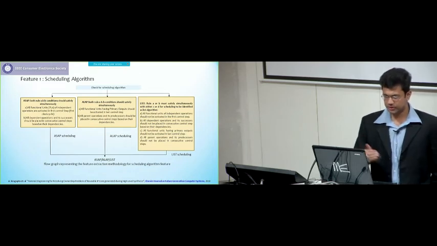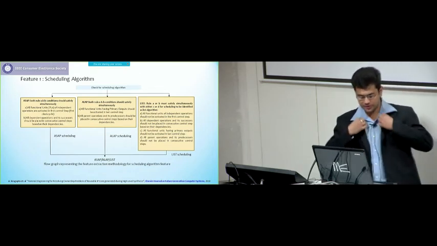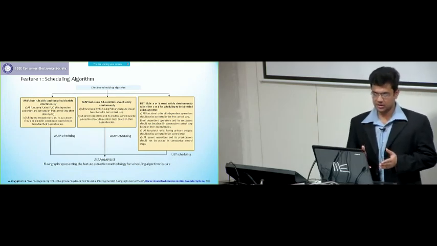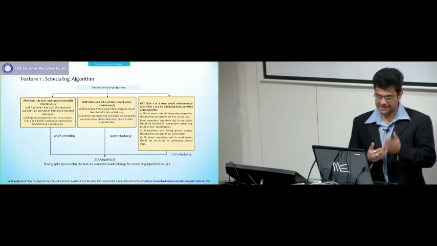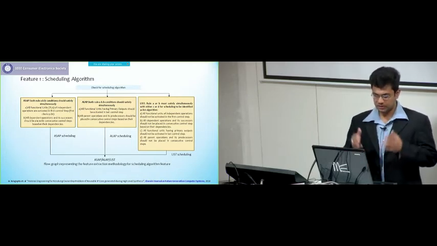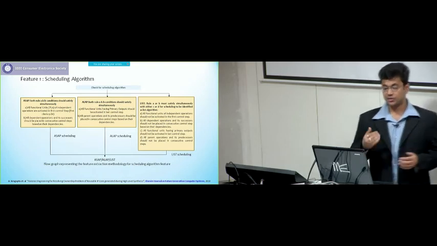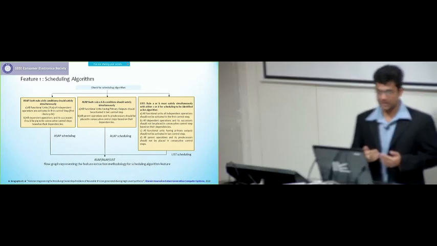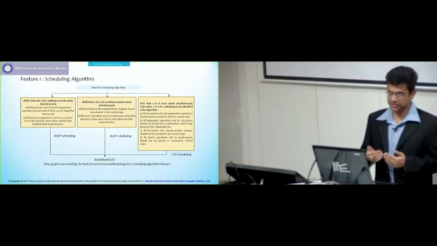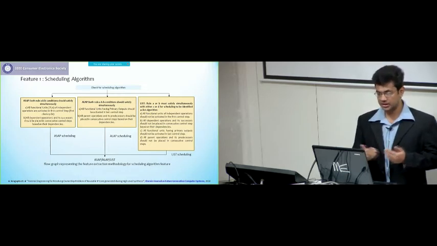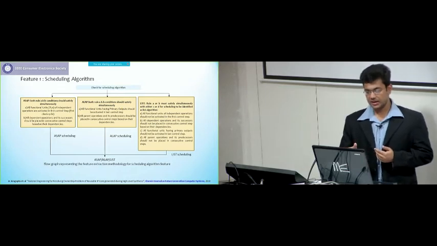Okay, so let's talk of the first feature. The first feature is called scheduling algorithm, and the process is to extract or detect whether the scheduling algorithm is ASAP based, ALAP based or list based, because these three are the most popular. We have devised the following rules. For ASAP, all the functional units of the independent operations in the data flow graph must have been activated in the first control step, and all the dependent operations and its successors should be placed in consecutive control steps based on their dependency. In case of ALAP, it's just the opposite.